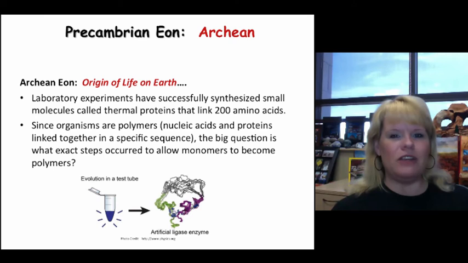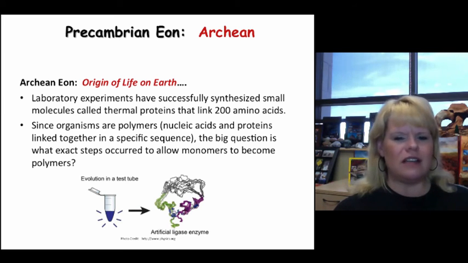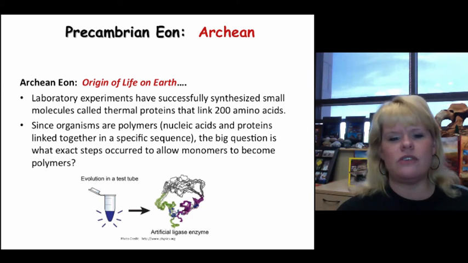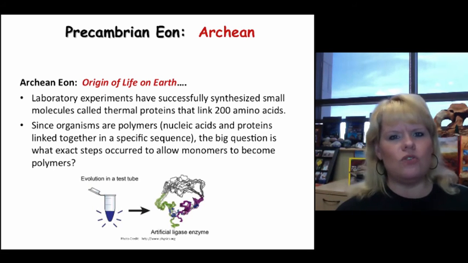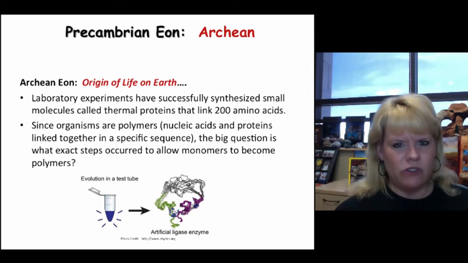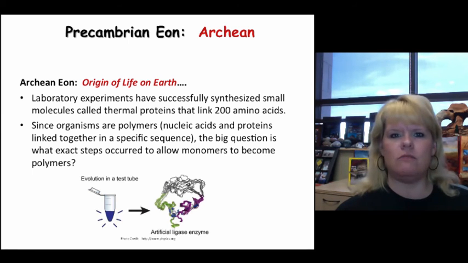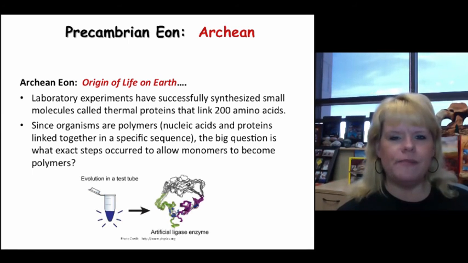So all they did was brew the right chemistry with the right conditions and created polymers. So nucleic acids and proteins get linked together to make polymers, and the big question comes, what steps occurred to make the monomers become polymers? If we can answer that question, then you know how life began to form. What we do know is that we were able to synthesize it in a test environment, in a laboratory, to make the goo turn into something organic. What we're missing is the time factor that it took to make this process occur geologically.